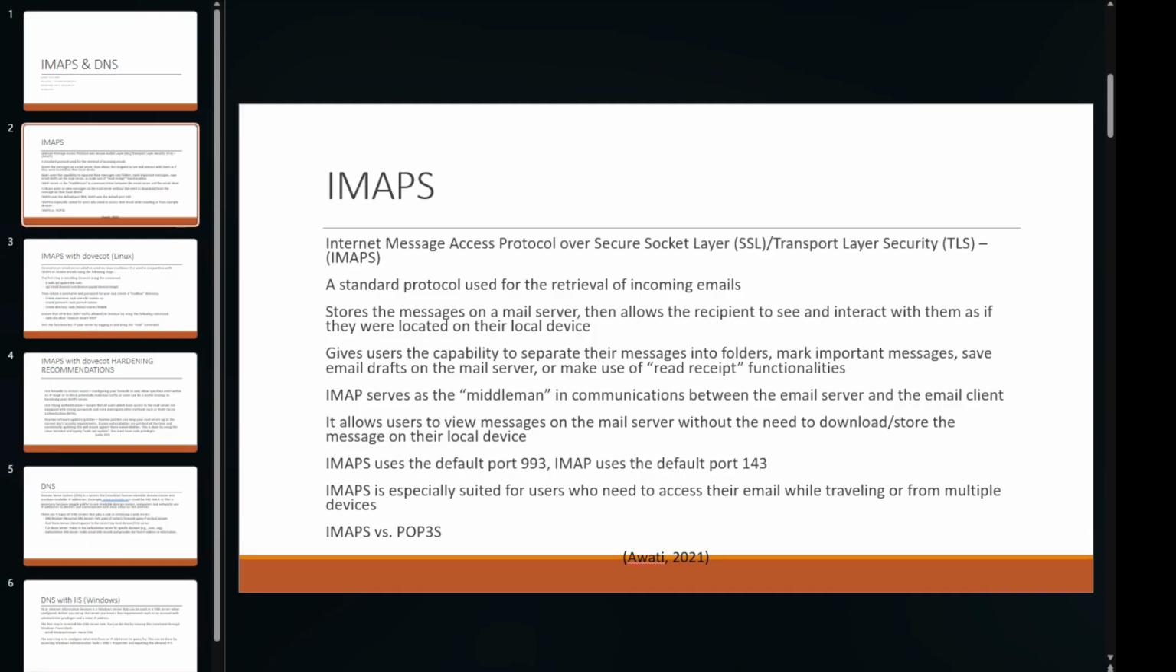So IMAPS, which stands for Internet Message Access Protocol, secure, is the secure encrypted version of IMAP that uses SSL or TLS to protect data as it travels between an email client and a mail server. With IMAPS, emails stay stored on the server instead of being downloaded and removed like with POP3. This means that you can access and manage your emails from multiple devices, and all changes like reading, deleting, or